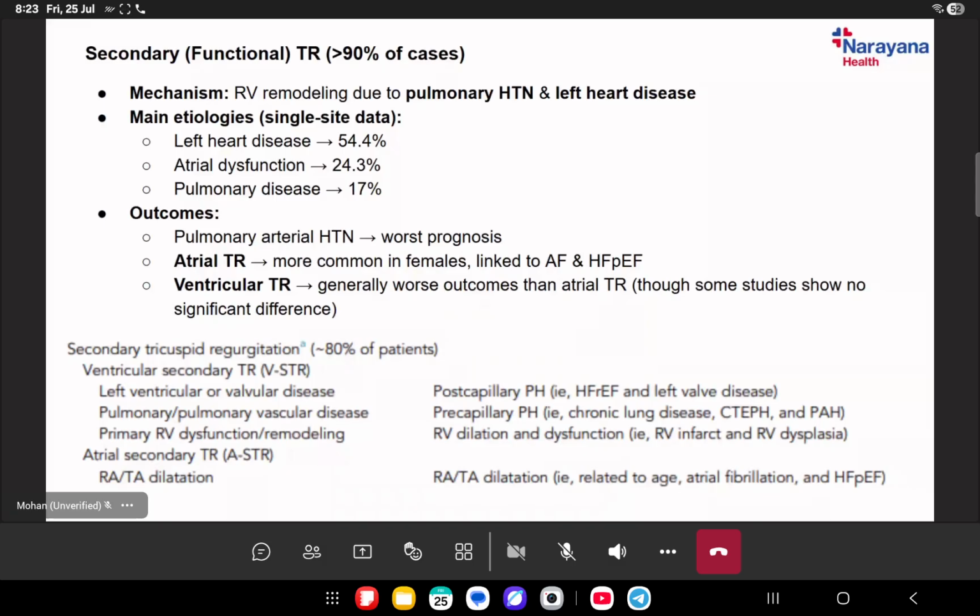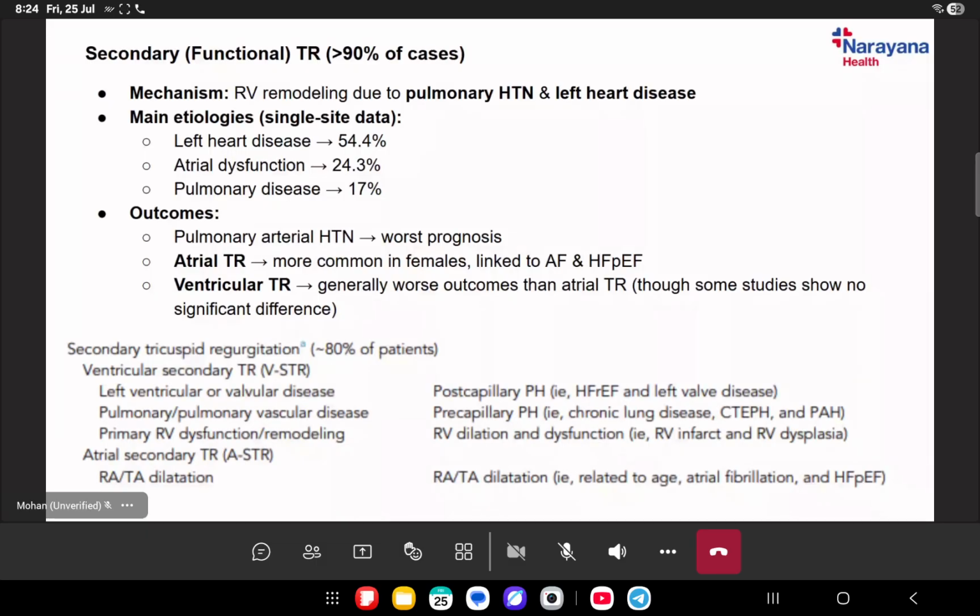At those times we knew only functional TR of the ventricular type, because of severe pulmonary hypertension and RV dilatation. The annulus gets dilated, but the tricuspid valve cusps are absolutely normal. But now they have added a third dimension, called primary and secondary